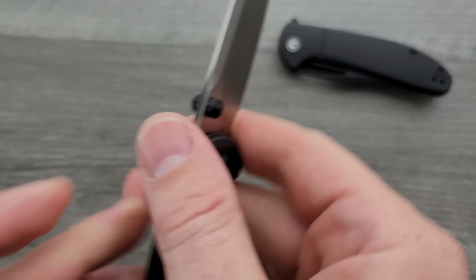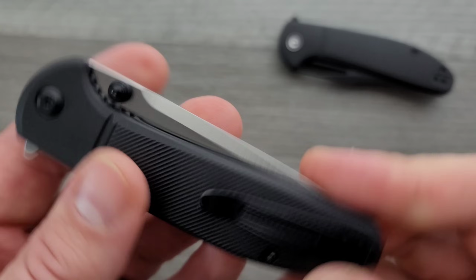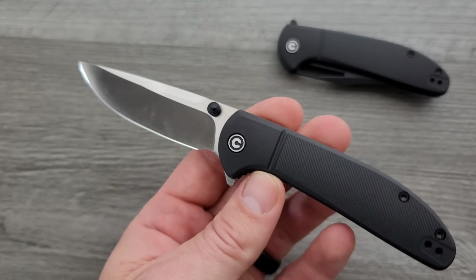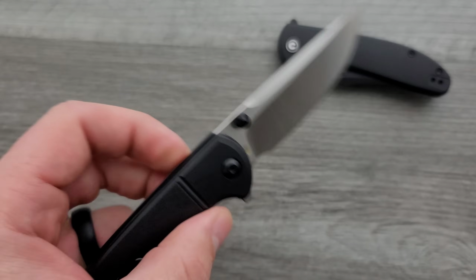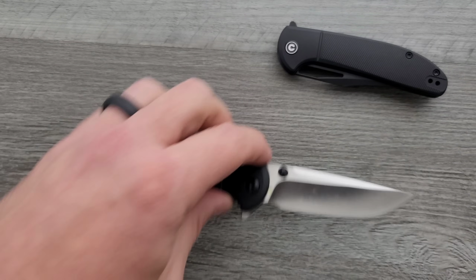Perhaps maybe a little bit too small of a forward choil, right? The gooseneck pocket clips are not my favorite thing on the Savavi, but other than that, oh my gosh, these are incredible. What are they? 40 bucks, 45 bucks? Easily one of the best budget knives out there,